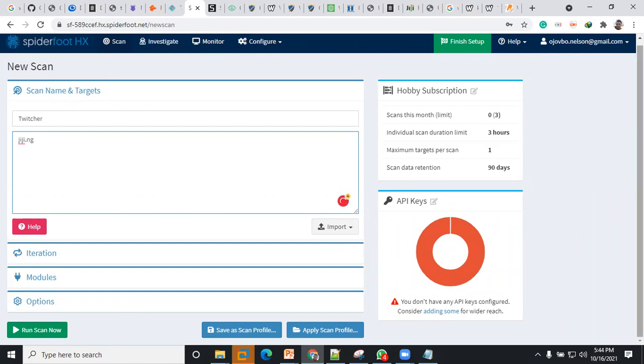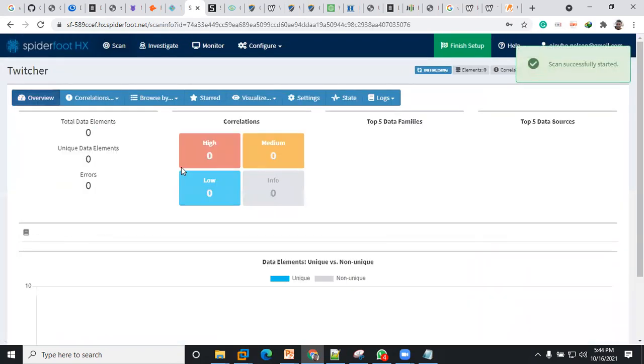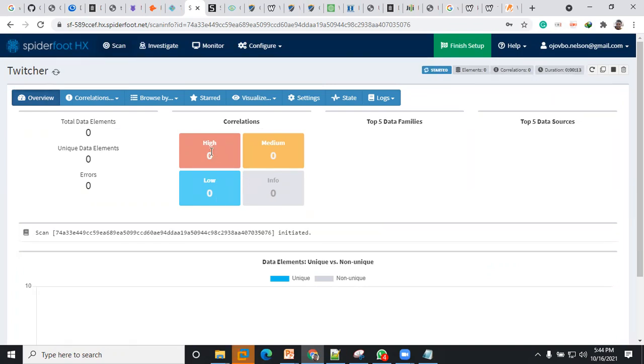So if you have maybe several assets, you could import them at the same time. But if it's just one, you can just enter it, then you click. You can see it, run scan now, right? So click on this. It's going to start scanning, and based on the findings, it will classify them into high, medium, and low.